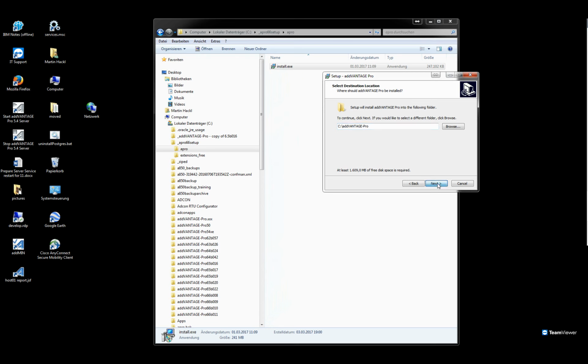Good. Advantage Pro 6. Click on Next. If you want to create the desktop icons, you can activate them or not. That is how you like to install it. So it's now extracting the installation files and preparing the installation. And once it's ready,